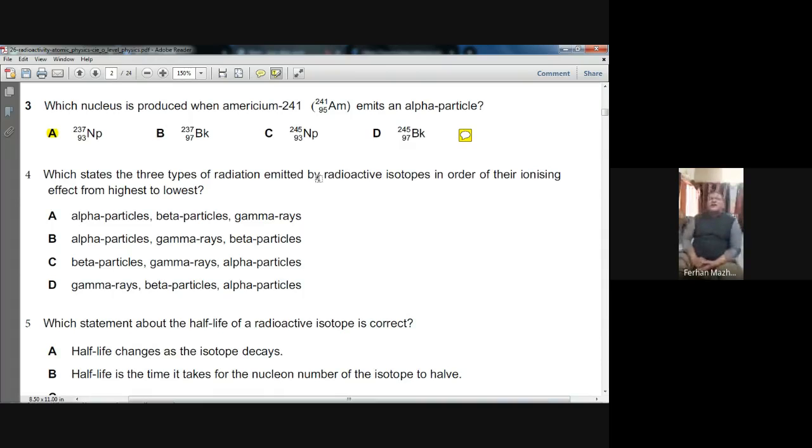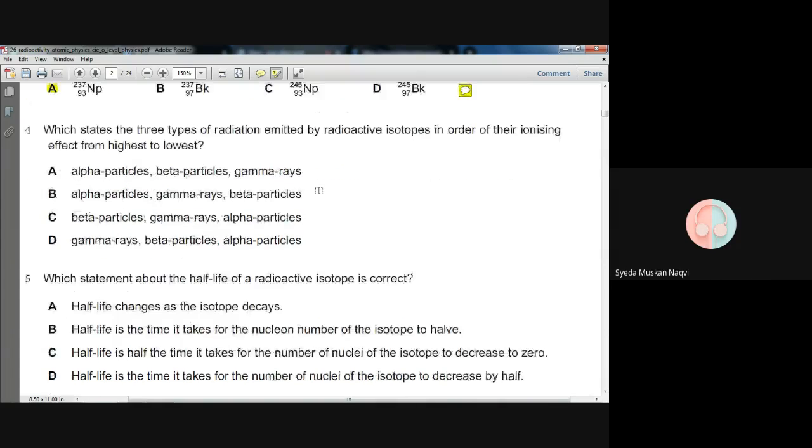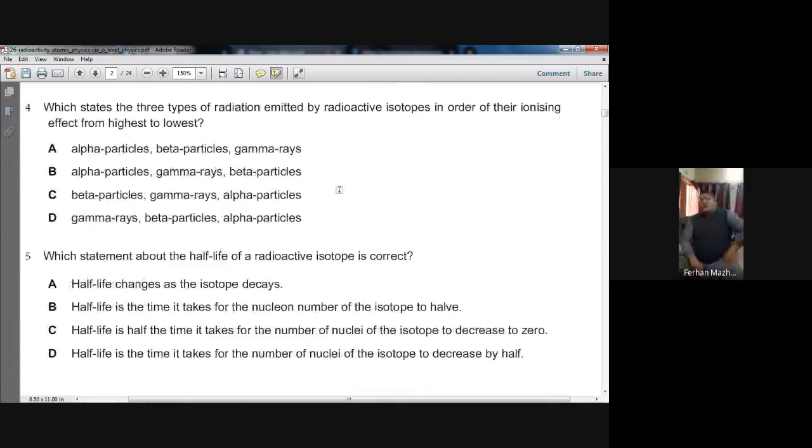Whenever an alpha particle is given out, the daughter nucleus's mass number will be 4 less than the parent nucleus mass number, and its proton number will be 2 less than the proton number of the parent nucleus. Okay? Yes, sir. Next question: which states the 3 types of radiations emitted by radioactive isotopes in order of their ionizing effect